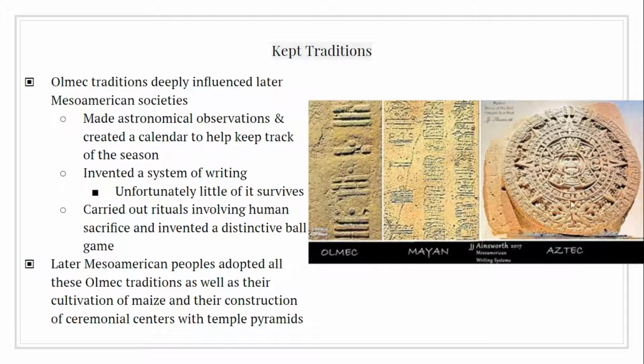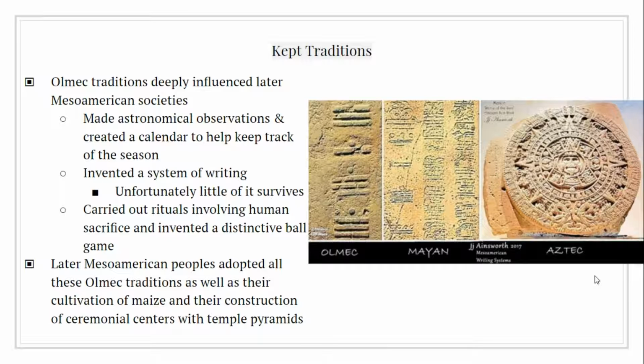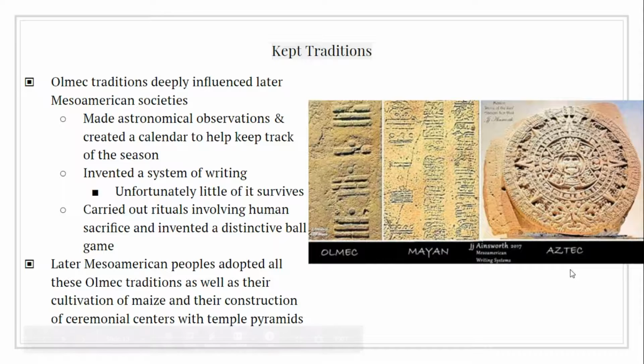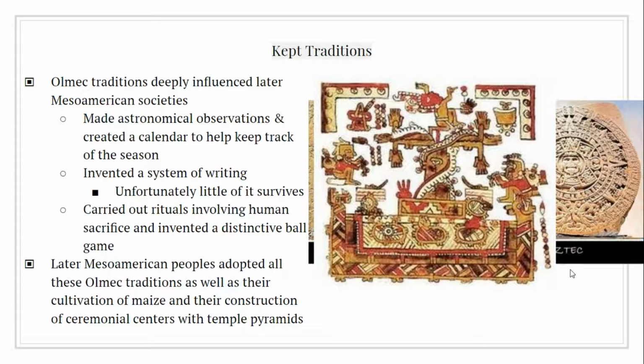The Mayans and the Aztecs were both influenced by the Olmecs in creating their own calendars, as well as the invention of a writing system. Unfortunately for the Olmecs, there are very few writing examples to date, but what we do know is based on the calendars that the Olmecs have created. They also, interestingly enough, would carry out rituals that involved human sacrifice,